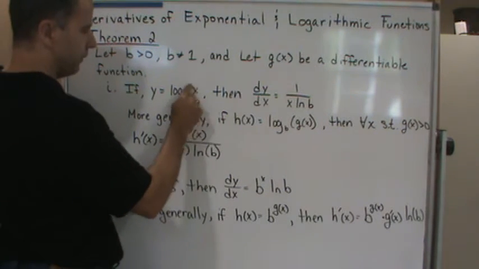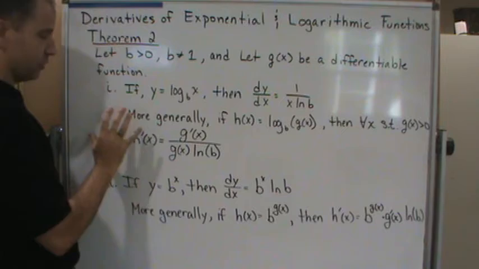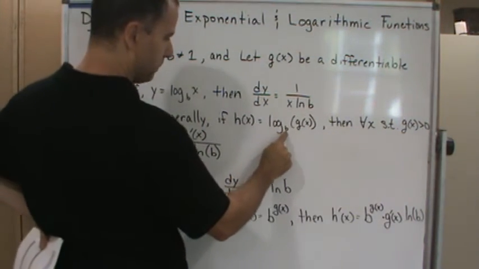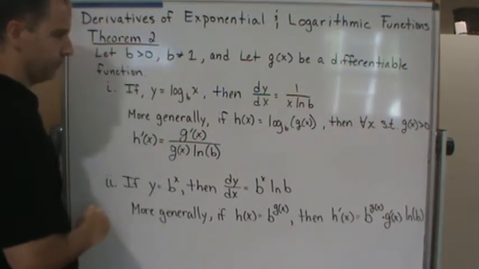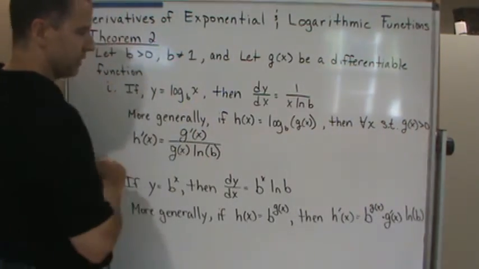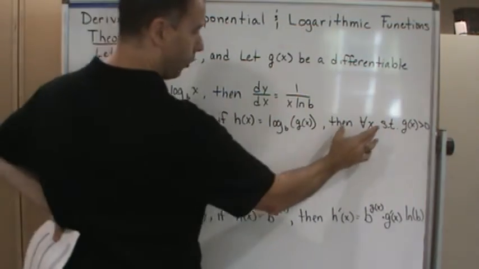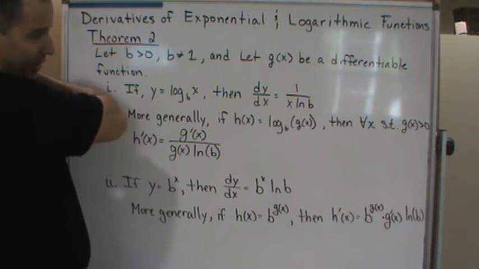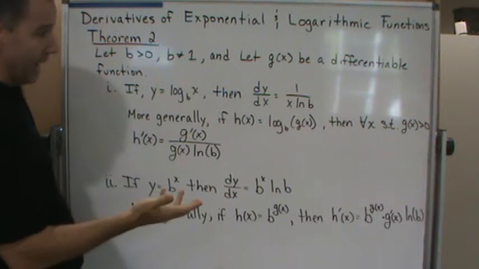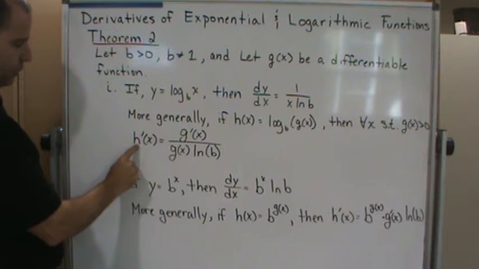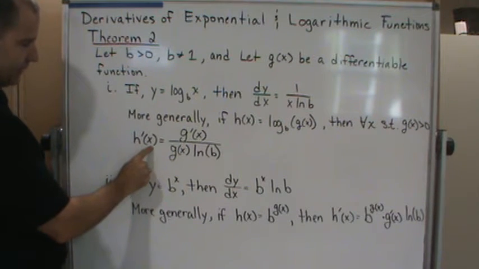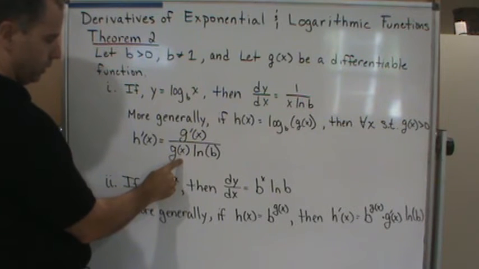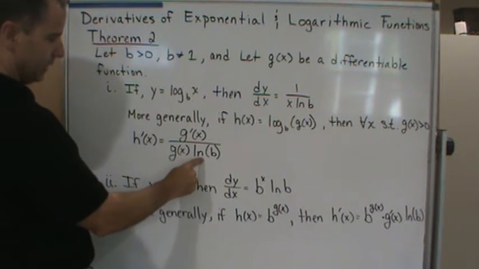Okay, now, what if we have some other function besides x? So let's do more generally. So more generally, if h of x is equal to log base b of some function g of x, and again, g of x is differentiable, then for all x such that g of x is positive, we have h prime of x is equal to g prime of x over g of x times the natural log